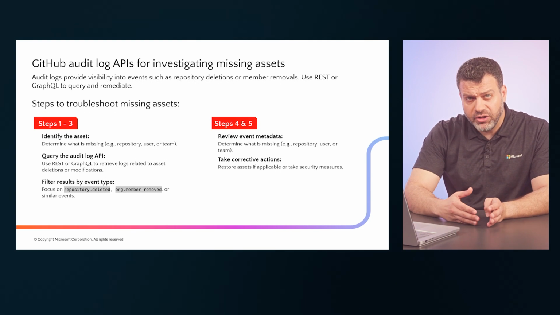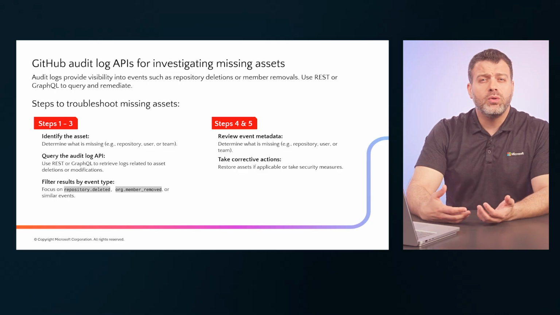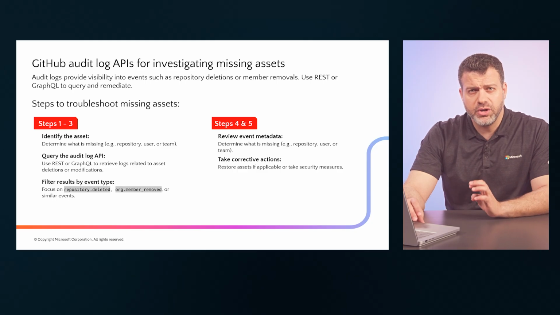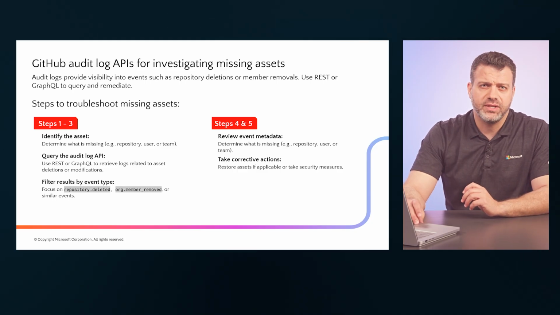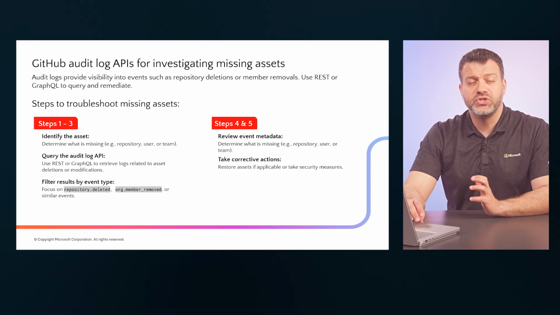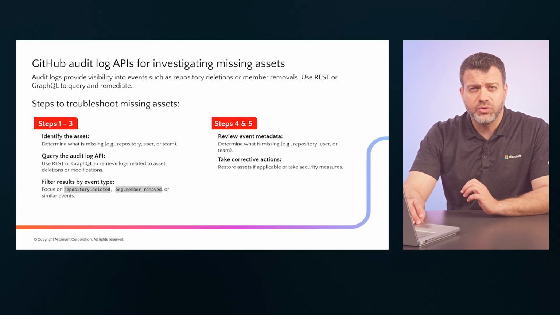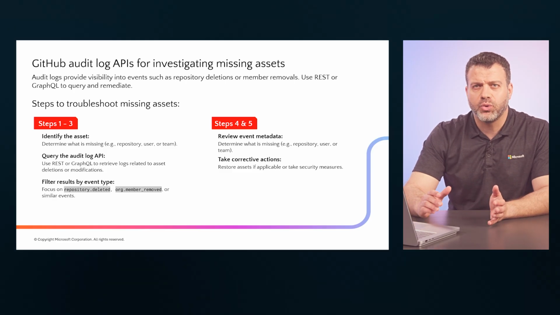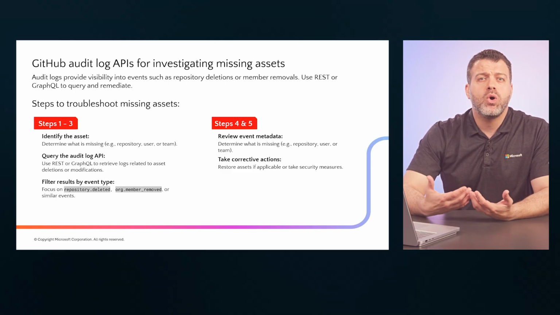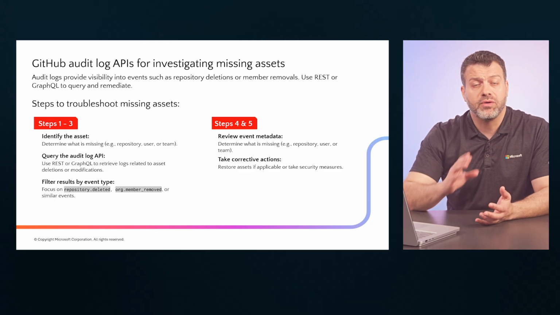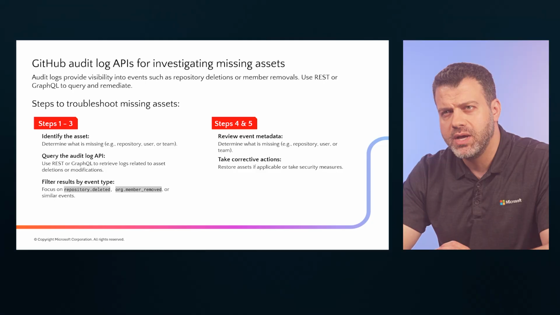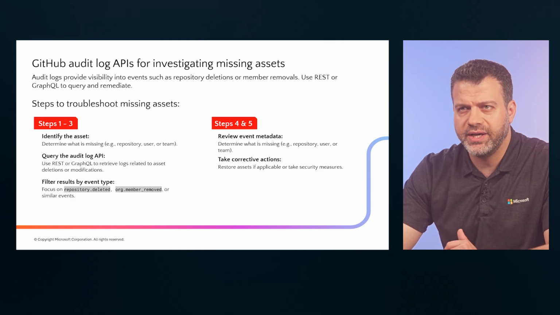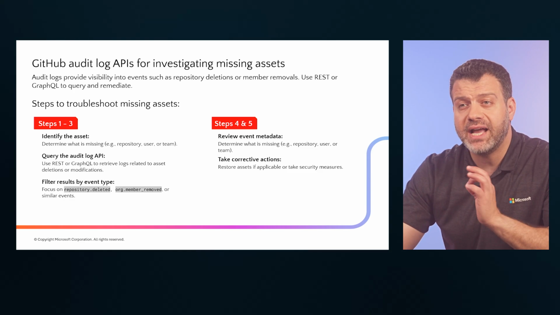So far, we've looked at audit logs in the GitHub UI, but in a real-world environment, you often use automation. This is where audit log APIs come in. You can query audit logs using REST or GraphQL to retrieve specific events. You might search for events like repository deleted, repository.delete, to find out who deleted the repo and when. These APIs return key details: the action performed, who triggered it, and the exact timestamp of